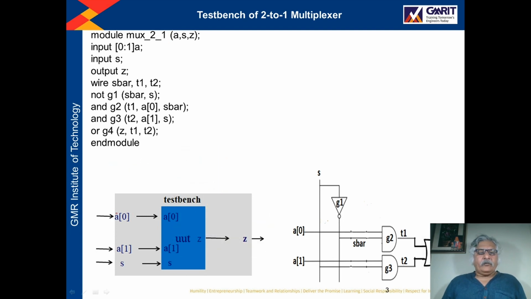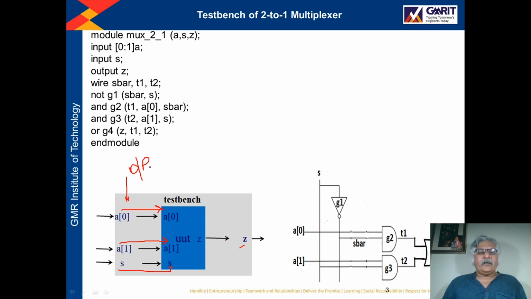Okay, so the port pin of the test bench A0 is linked with, instantiated with, A0 of the unit under test. A1 of the test bench is also instantiated with A1 of the unit under test. S of the test bench is instantiated with the S of the unit under test. And Z of the unit under test is instantiated with the Z of the test bench, right? So basically these A0, A1 and S of the test bench are the outputs.